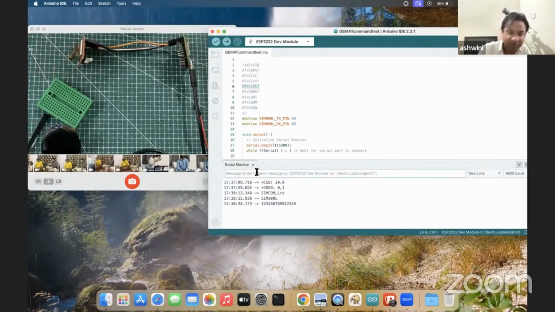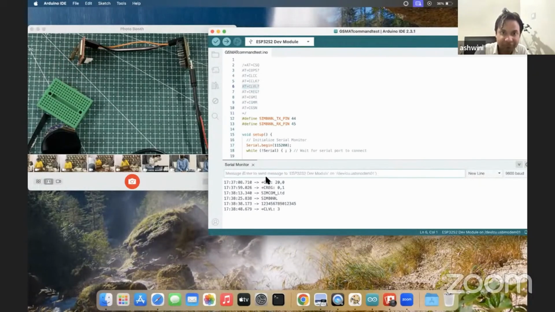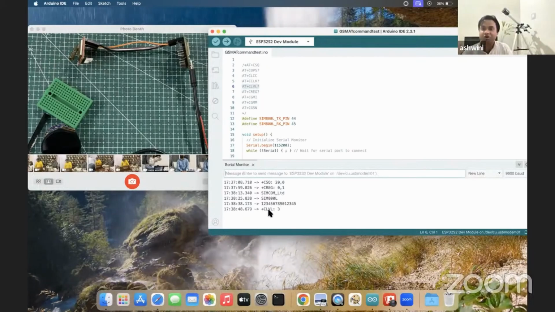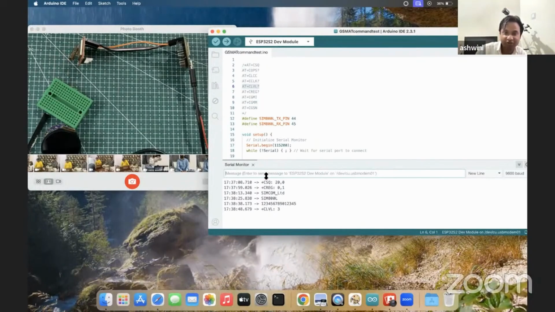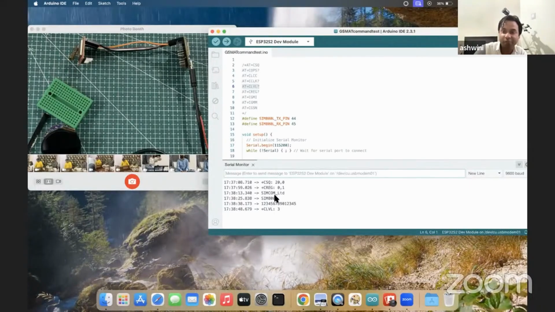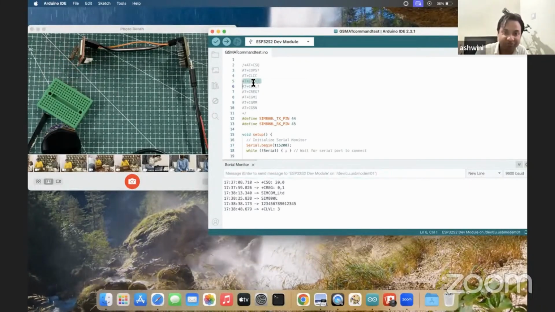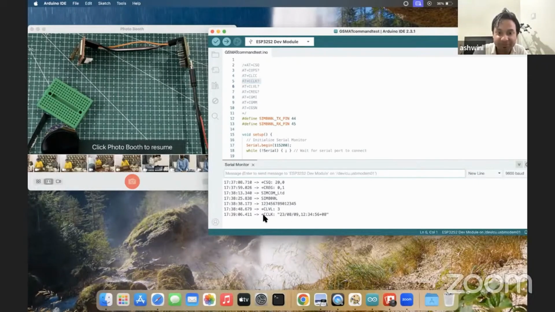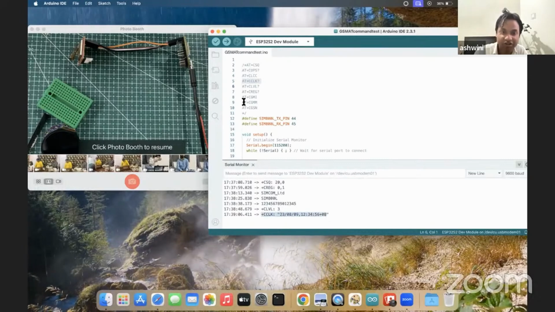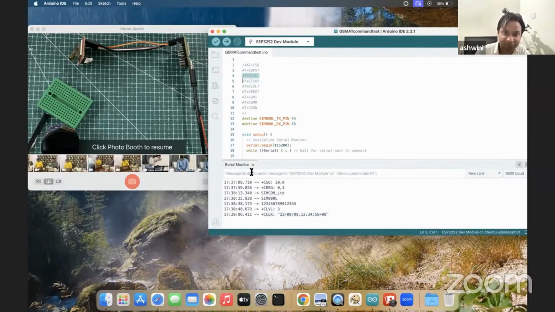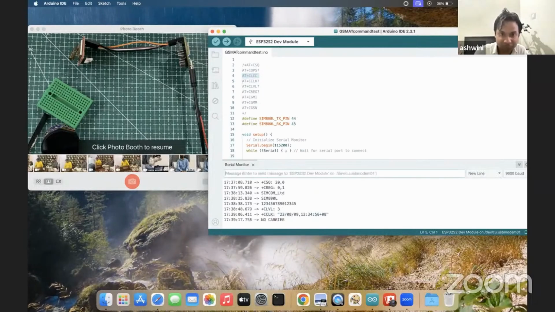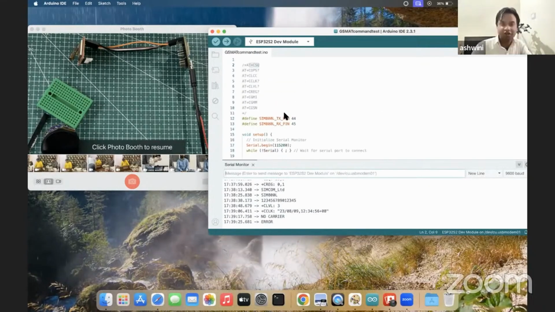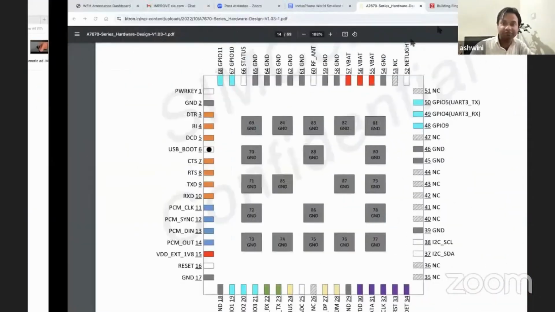If I send this AT command, it will return the volume. What is the caller volume? If you want to increase the volume, you can use this AT command equal to 3 or 4, and it will increase the caller volume accordingly. This will return the current time, date, and all other things. So let me check the AT command for the